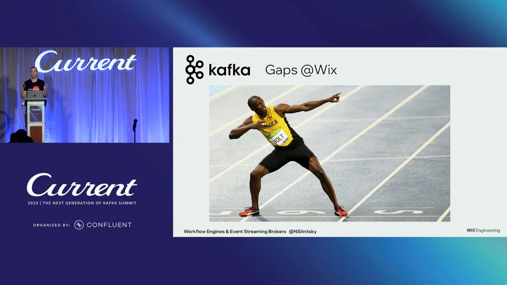So all in all, we're pleased with Kafka, but these gaps are important because at the end of the day, we want to have the best development velocity possible, to be faster than our competitors, and to allow external developers to develop fast on the Wix platform. We want to achieve development velocity no matter which area we find the issues, kind of like Usain Bolt here, one of the fastest runners of all time.